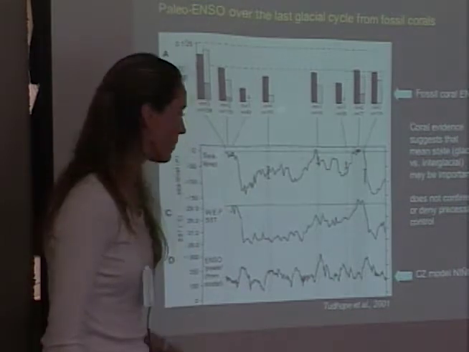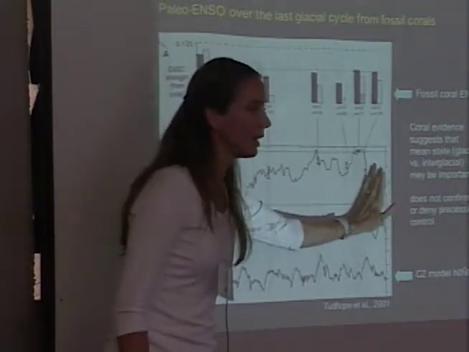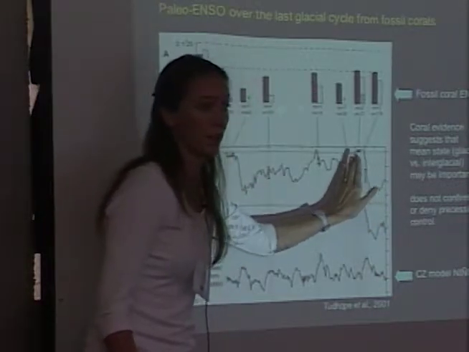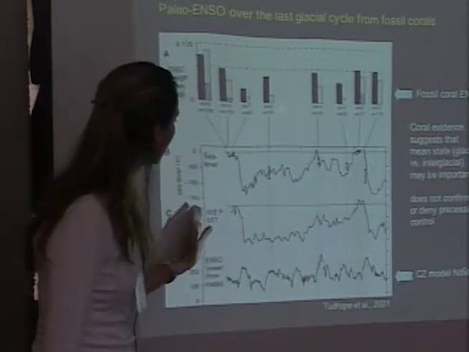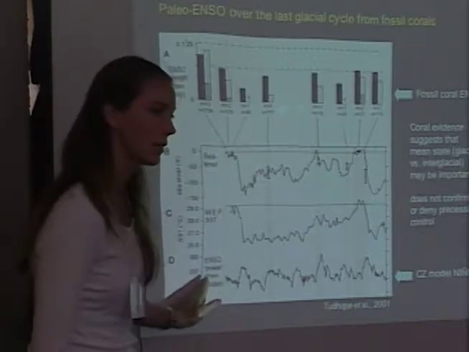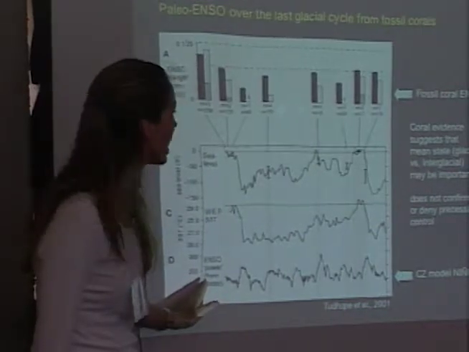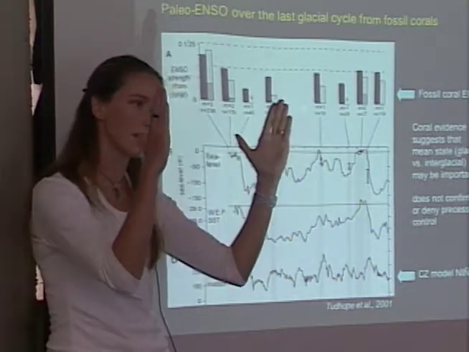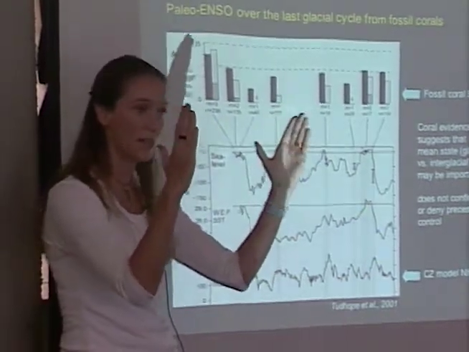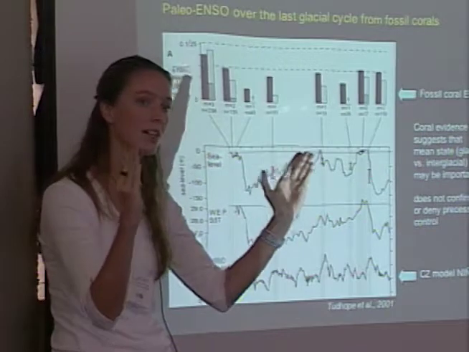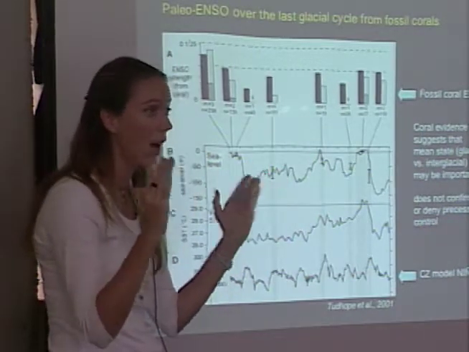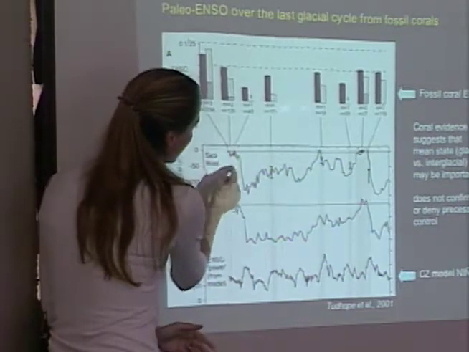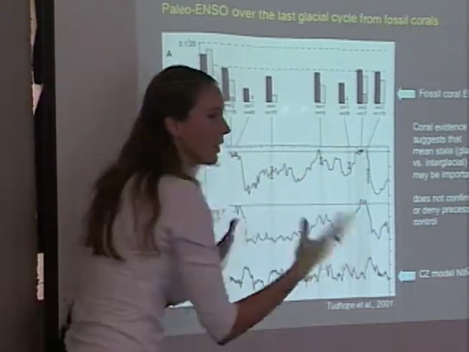Is it a model result or is it? These are both paleo data reconstructions at very low resolution that have been around for a long time, sea level and Western Equatorial Pacific. This is the modeling result over the same period going back in time. And this is the fossil coral results. So these are only windows of this long. We're talking 10 to 60 year chunks of visibility onto how El Nino behaved at these particular, you can't see the gray bands, but there are gray bands running through here at various time intervals.